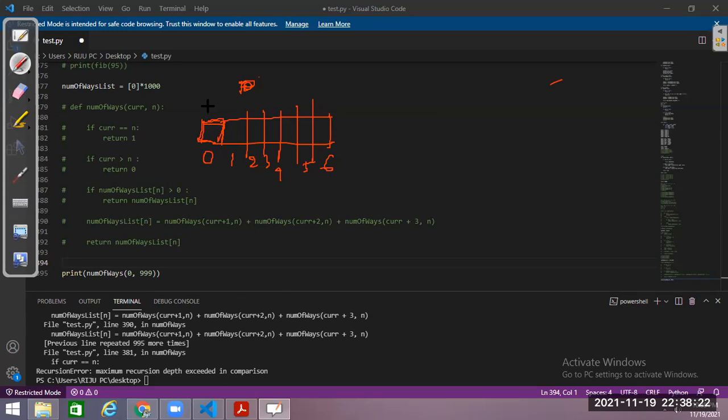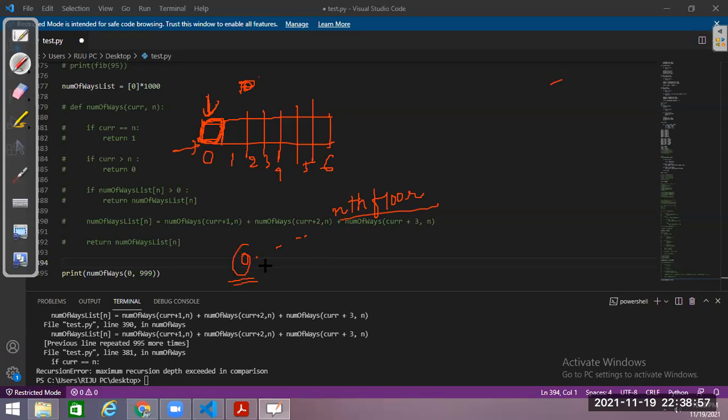Tell me one thing. In how many ways am I right now standing at 0? I am right now standing at 0, so how many ways are required for me to reach 0? From 0 only, I have to go to the nth floor. So in how many ways can I reach this index 0, that is, in how many ways can I go to the ground floor?